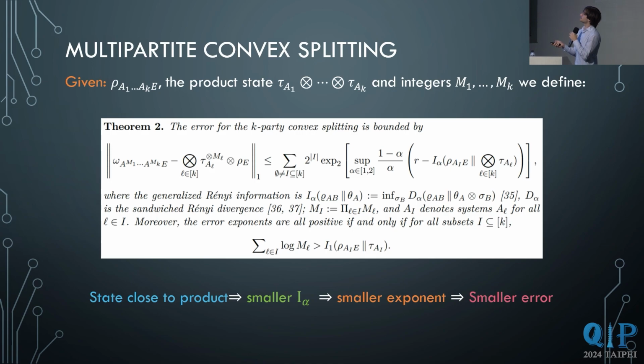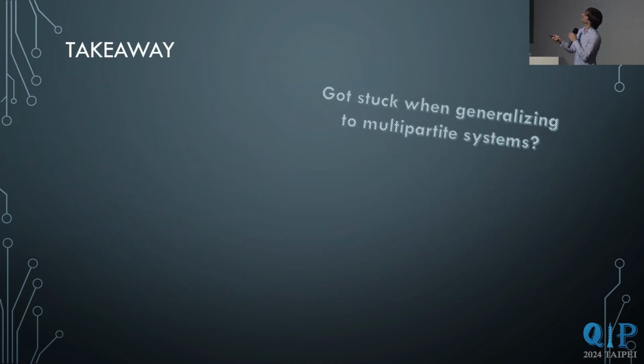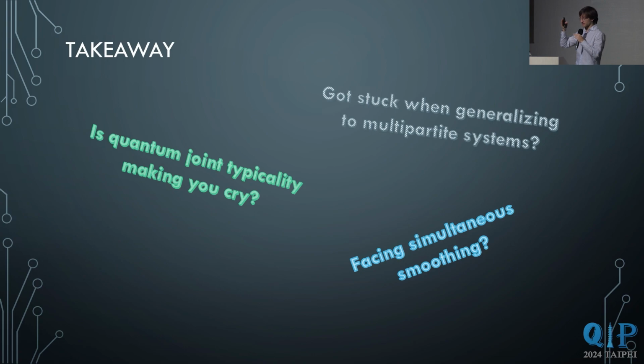Now, the takeaway idea here, and the reason why I have explained this for two primitives, is that this telescoping trick actually is very useful to pass from the single user scenarios to multipartite versions. So just let me advertise for another time this takeaway idea, which would be if you ever got stuck with these simultaneous smoothing problems or joint typicality problems, if you're trying to generalize something and you are not getting the rate informations that you would hope you would be getting,